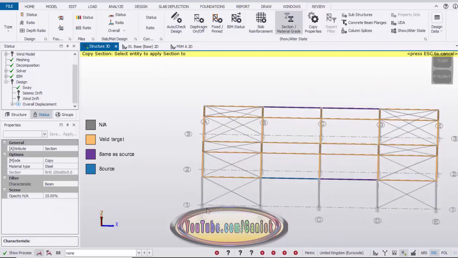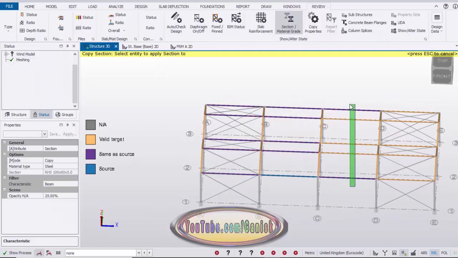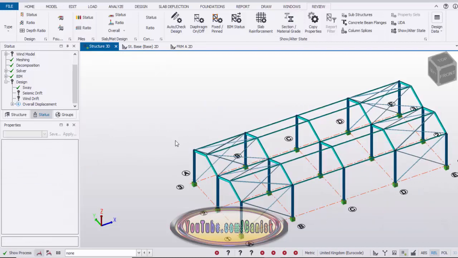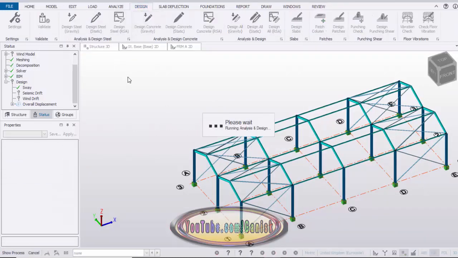So just rotate like this and drag and select the entire bay to apply the same property to the struts like this. Then click on escape to exit the command. Now we're going to redesign it once again. So click on this design and select this design steel static.